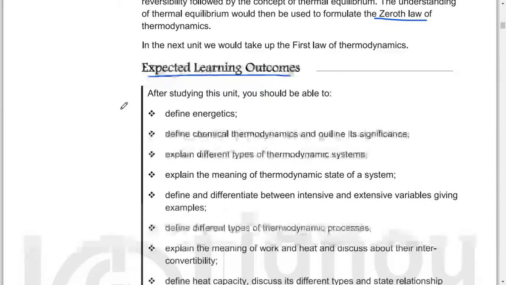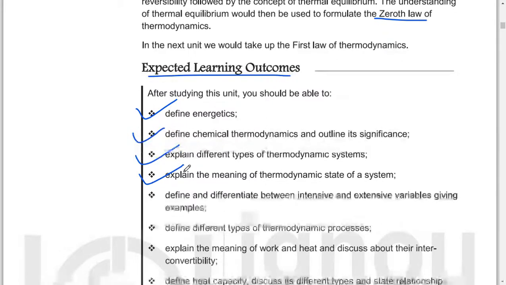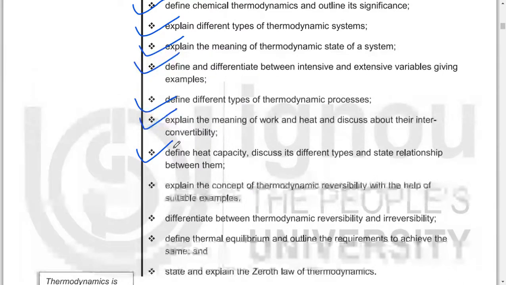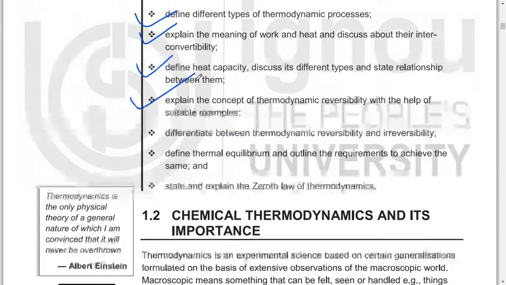Expected learning outcomes. After studying this unit, you should be able to define energetics, define chemical thermodynamics and outline its significance, explain different types of thermodynamic systems, explain the meaning of thermodynamic state of a system, define and differentiate between intensive and extensive variables giving examples, define different types of thermodynamic processes, explain the meaning of work and heat, discuss their interconvertibility, define heat capacity, discuss its different types and state the relationship between them,